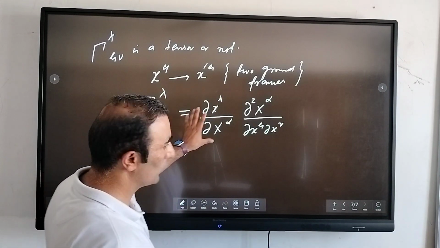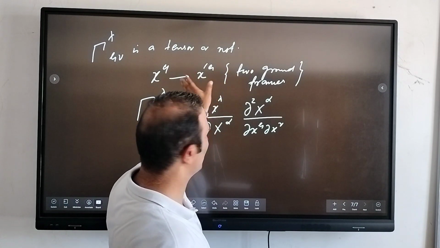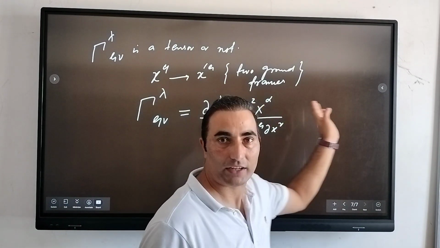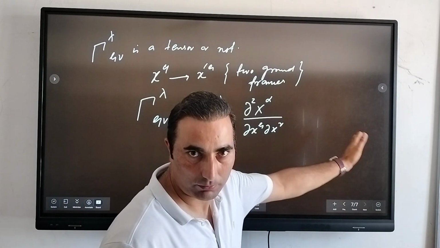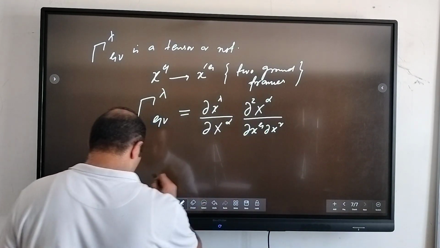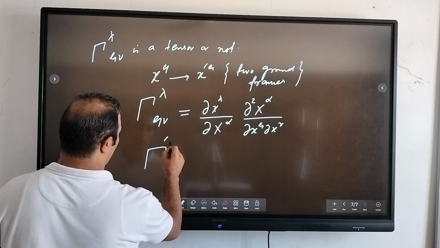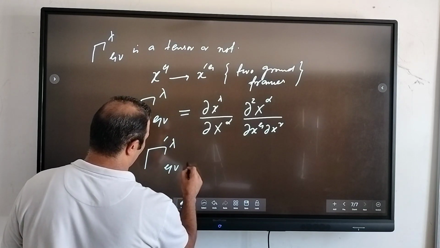But here we need to choose our two coordinate systems. So we are basically going from some x mu to x mu prime, or from some primed to some unprimed system. So we can write this as T lambda prime mu mu, which will be equal to,